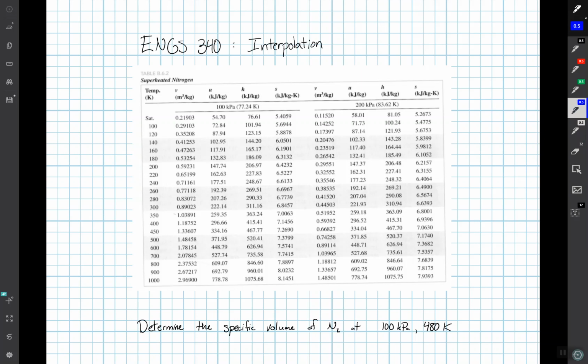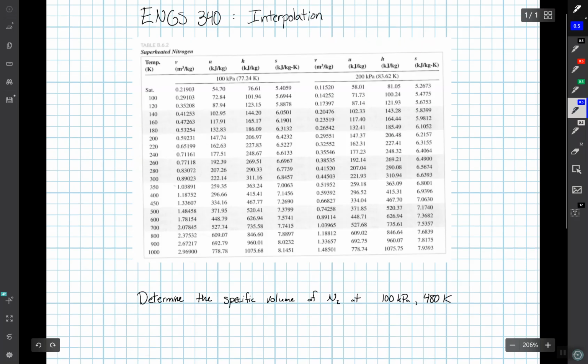Hey everybody, what we're going to discuss in this video is a technique that we're going to use a lot as we're using steam tables, and that's interpolation. So I just want to make sure that we're all on the same page, and you're all going to get a lot of practice, but hopefully this video gives a little context to what exactly interpolation is, and some way to think about it beyond the equation, which you can find posted on Moodle from Felder,